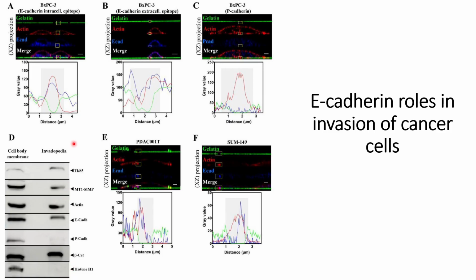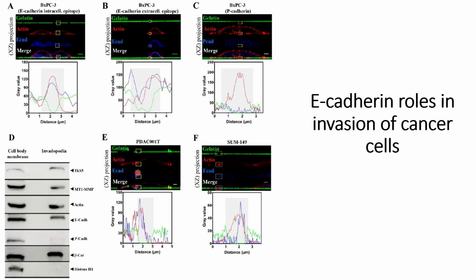So after validating that in the BXPC3 cell lines, which is the hybrid cell line that has E-cadherins in the normal form, and after validating these in vitro cell lines, they also checked the patient samples, that is PDA, and the patient sample that they called PDA-CO1T, and here they also found the results that